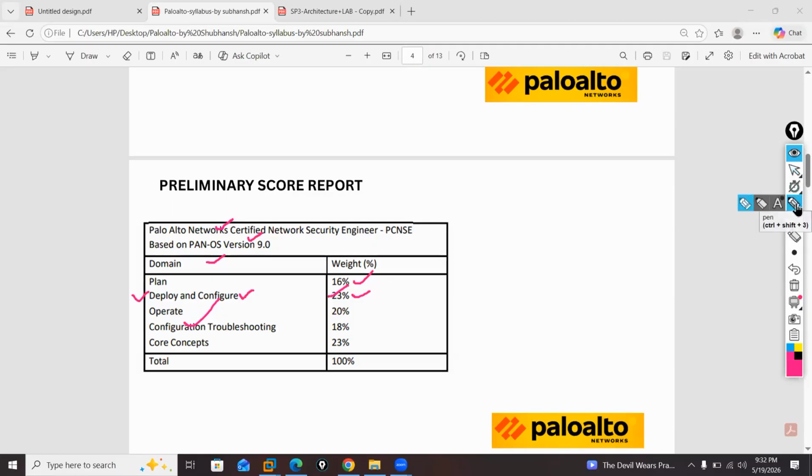Yes, yesterday I showed you this document about the next generation firewall engineer. This one is different. This is the old one, as per the market. I am explaining here as per the PCNSE, guys. Okay, you can see here, PAN-OS 9.0, as per this. But now, actually,